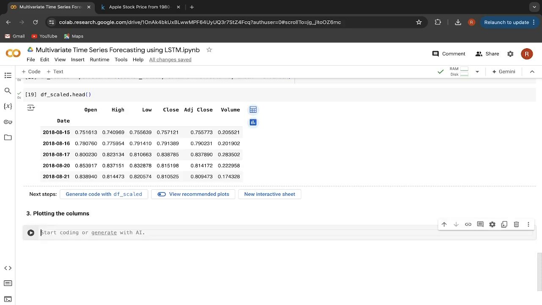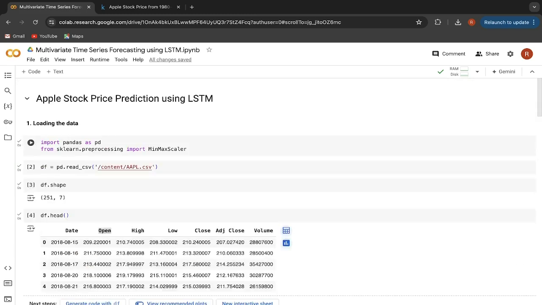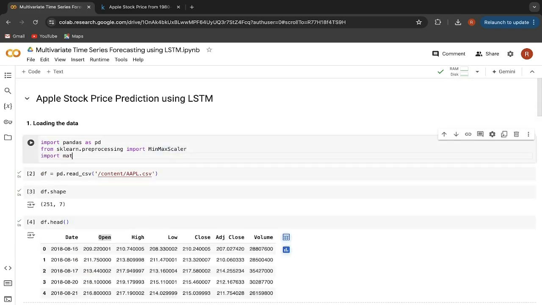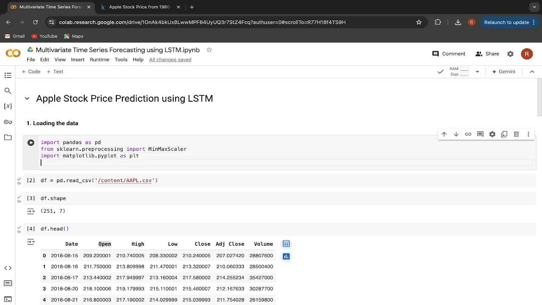Fine. Now as you know, we have more than one column here, that is, we are having 6 columns to be more specific. So we want to plot the data for all the 6 columns. Now what's the reason for plotting the data? By plotting the data, we can analyze whether there is stationarity in the data or not, whether the data is seasonal or not, whether there is any kind of uptrends, downtrends, or any kind of patterns in the data. So it's necessary to plot it. And as we are having more than one column for plotting, we will make use of subplots here from matplotlib. Let me import matplotlib here. Let me say import matplotlib.pyplot as plt. Let's run that.